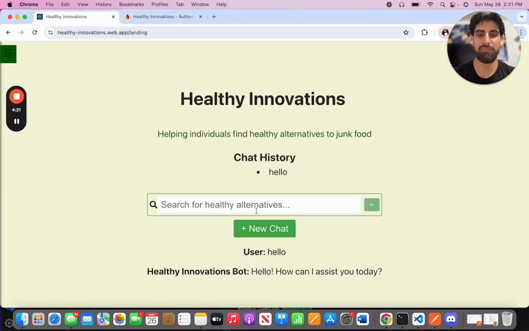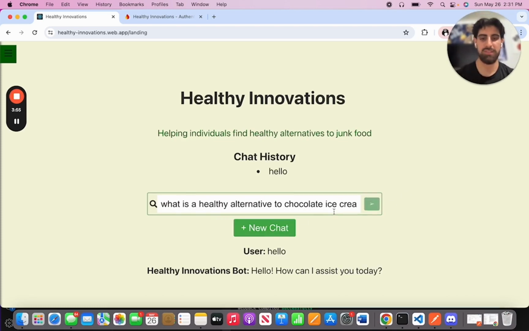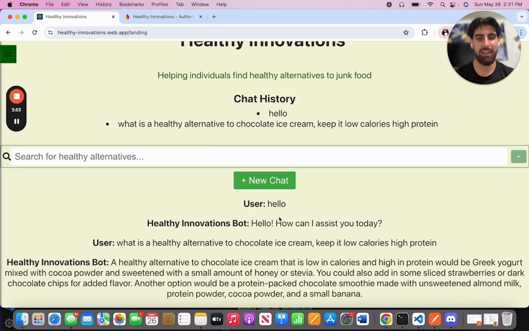So let's say an individual wants chocolate ice cream, right? So what is a healthy alternative to chocolate ice cream? Keep it low calorie, high protein. Want to build muscle today. So it's loading, and then right here,